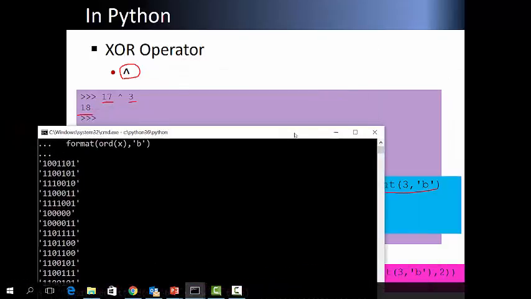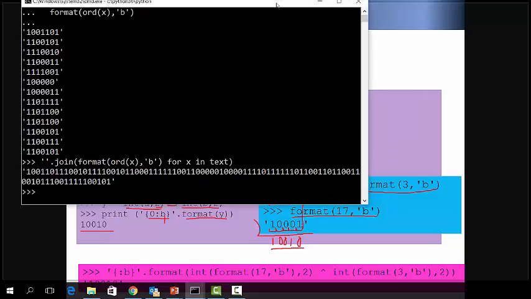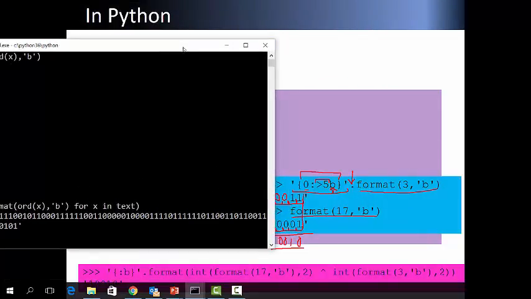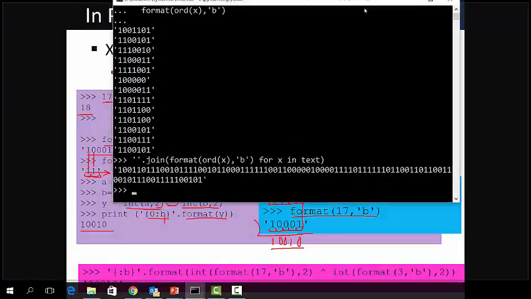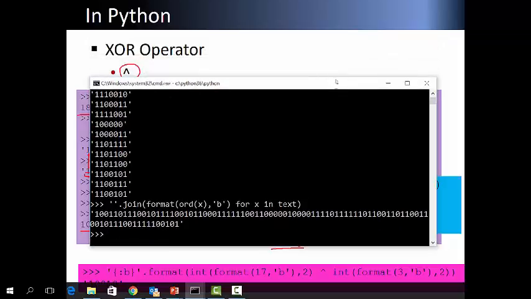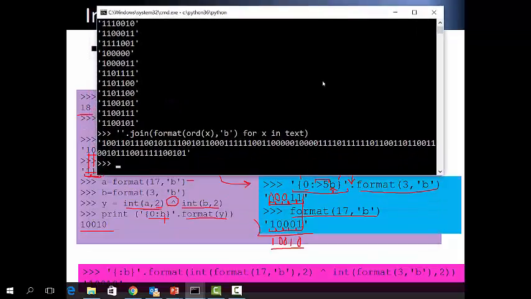Here, like we did here, it's not really clearly seen. Okay, it's perfect. So what I want to do here is 0, colon, and greater than sign.